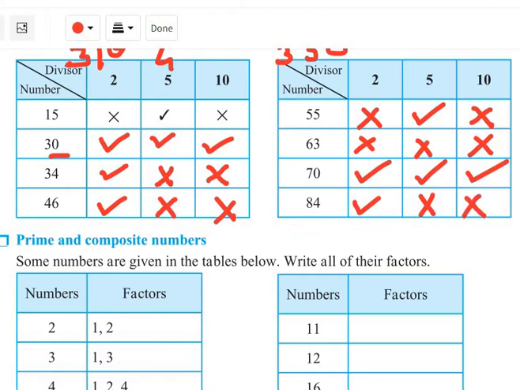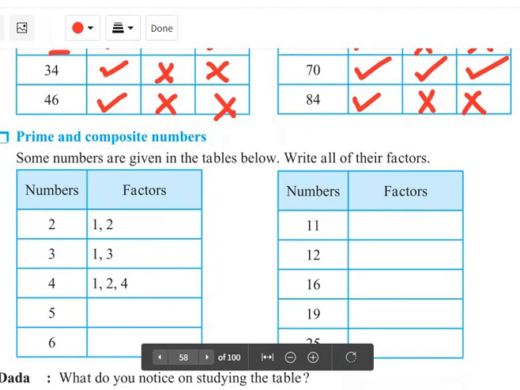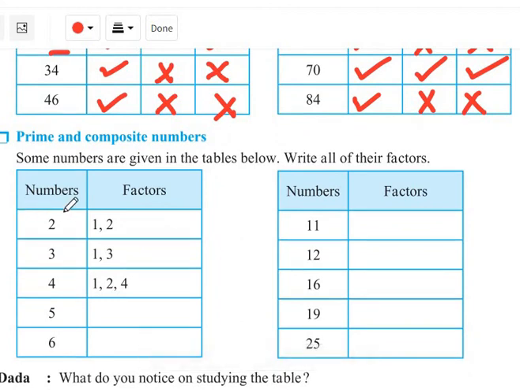Okay? Now the next one is prime and composite factors. Okay, prime factors. Factors of 2 are 1 and 2. Okay? Factors of 3 are 1 and 3. Factors of 4 are 1, 2, 4. Now factors of 5 are 1 and 5. Okay. Factors of 6 are 1,